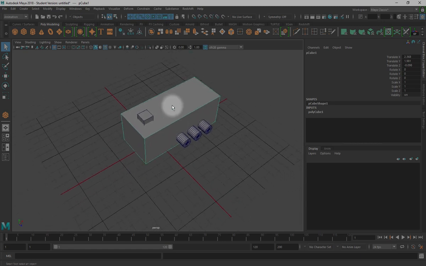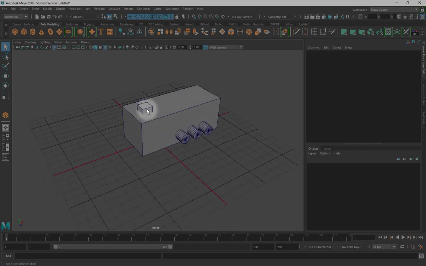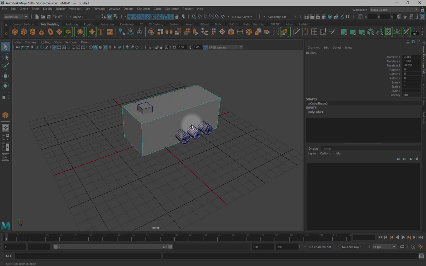The big block is the main piece. And what I want is for these things to move independently of this, in a particular fashion, but all of these pieces still remain together if I move this